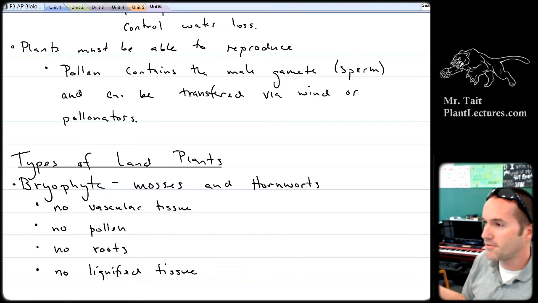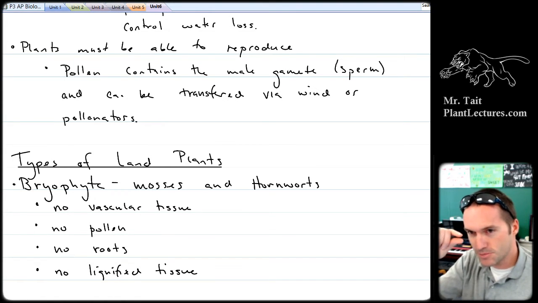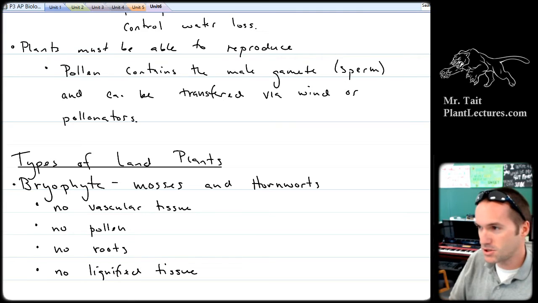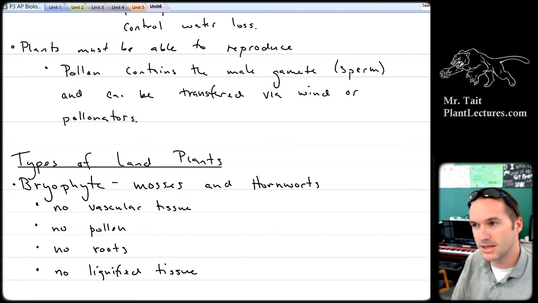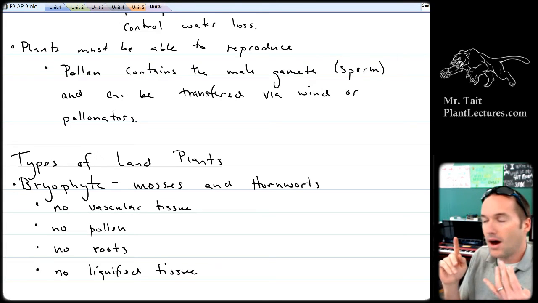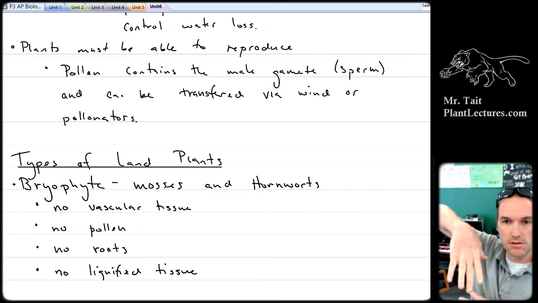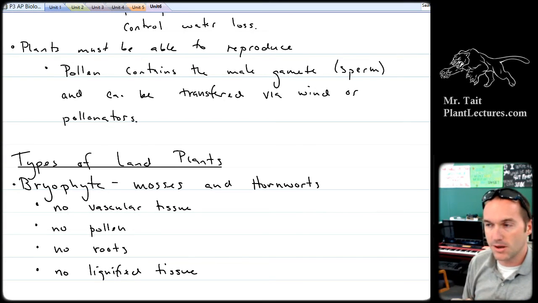They don't have any vascular tissue. What's the other thing about mosses? Do they grow to be really tall? No, they're super short, right? So no vascular tissue. That means that any cell in a moss that needs to obtain water or minerals needs to get it by itself. It can't be transferred from other places, okay? No lignified tissue, so they can't grow up big and tall because they'll droop over, because they don't have the ability to have a rigid structure.